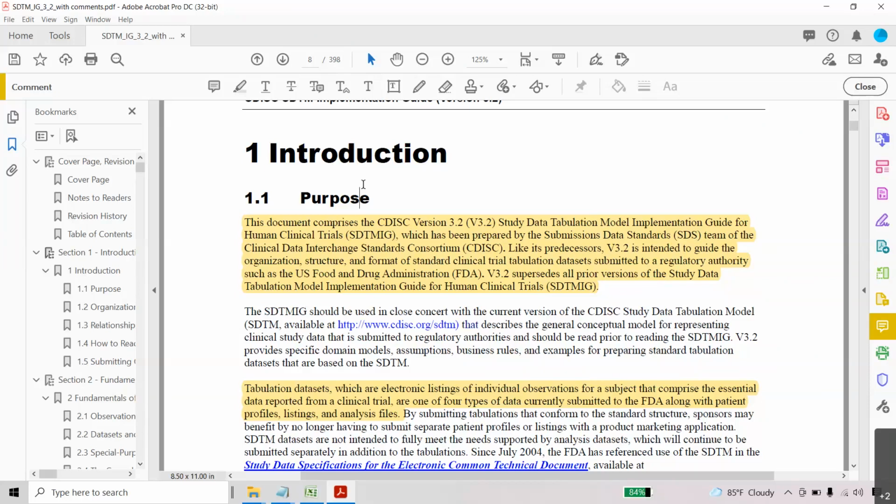But when you go to the next step, it is called ADaM. In ADaM, it is called analysis data, meaning it is ready to use for analysis. What is the analysis? When the subjects go from one stage to another, or when a subject comes for laboratory analysis purposes, we may need to do some analysis with respect to the dates. When there is a start date, there should be an end date also present, for example in an adverse event.